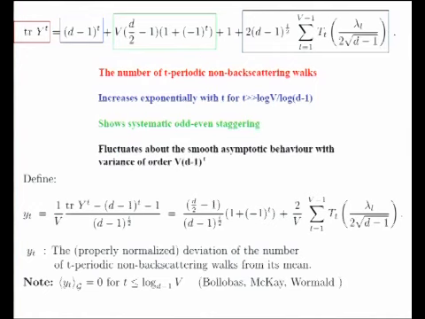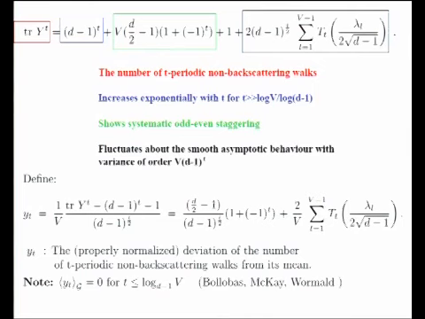is equal, mostly increases like (d minus 1)^t, and that is quite natural because you cannot go backwards, so you have to go forward, and (d minus 1)^t is the simplest counting of such a walk. There is a fluctuating term,